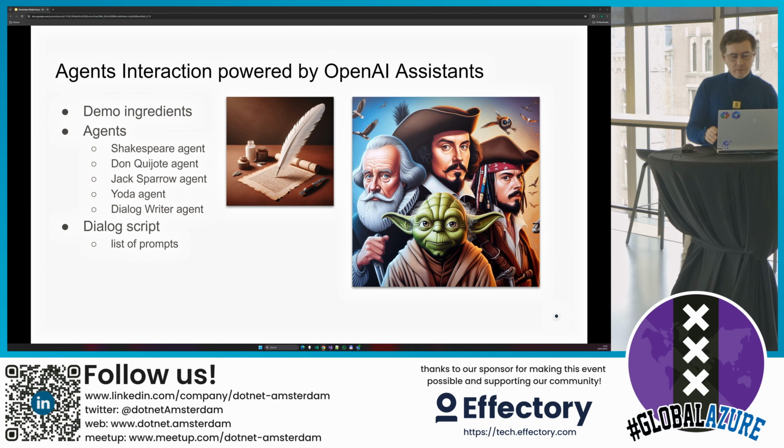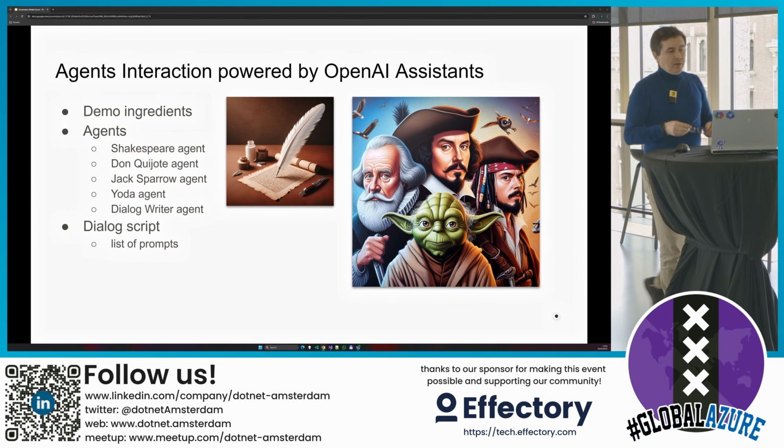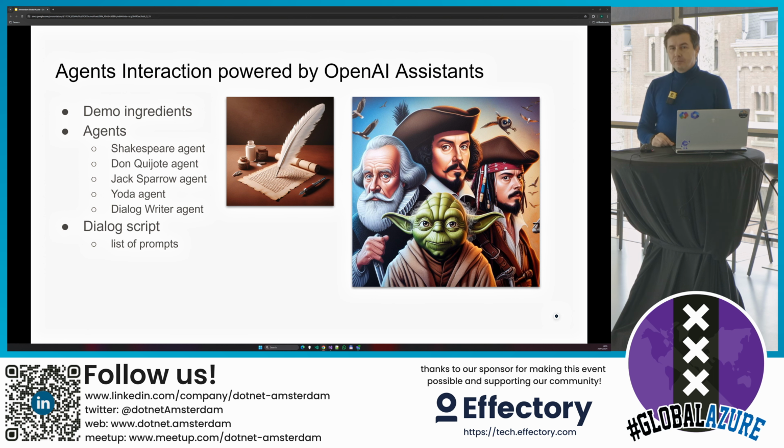And for that I have prepared, let me see what you see here. Okay. I have prepared some agents. What do we have here? We have some historical or fictional characters. And a special kind of agent, which is a script writer. It's like the director of a movie. He is dropping in the script, and the characters have to behave like in the script. They have some autonomy. They can improvise, right?